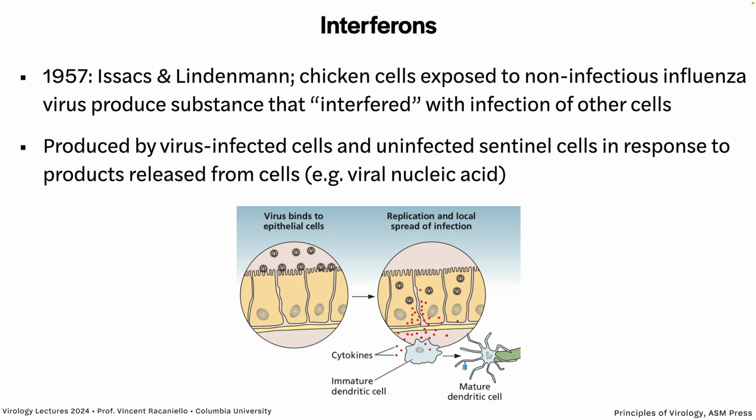The cytokines will attract immune cells to the infected area to try and clear the infection. And among those immune cells are dendritic cells and macrophages, which will be activated by the cytokines. They will pick up proteins from the dead and dying cells and bring them to the lymph node, which we'll